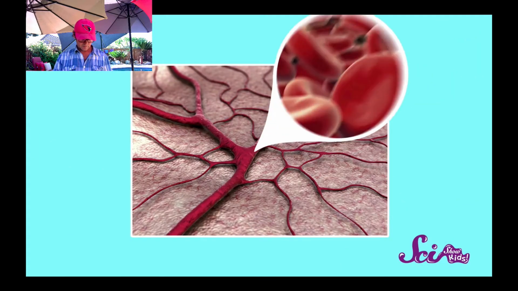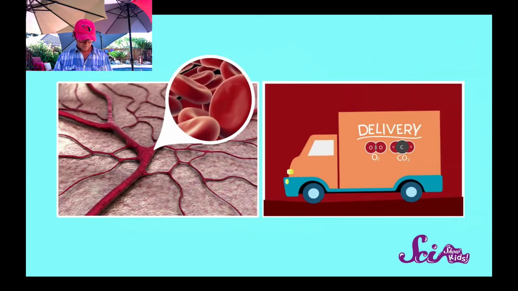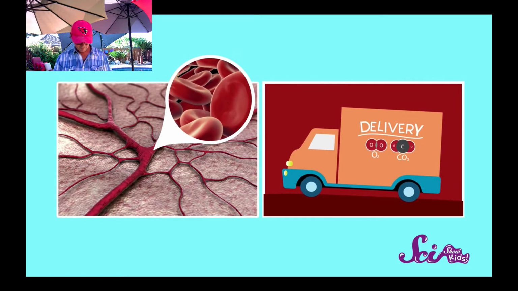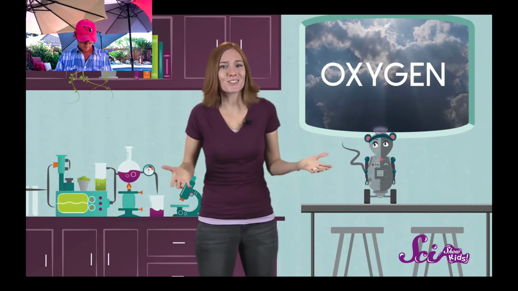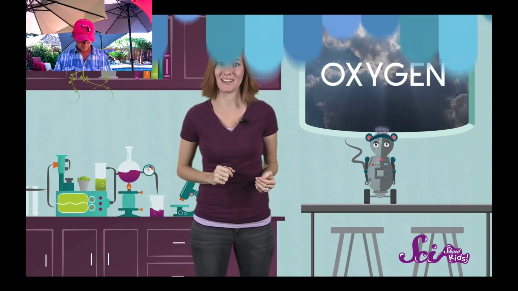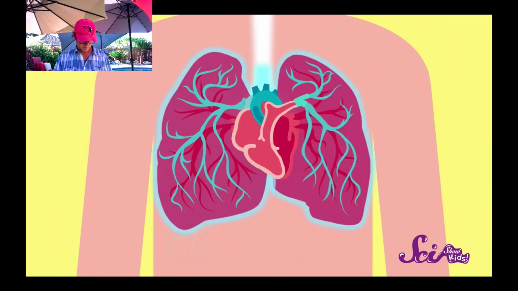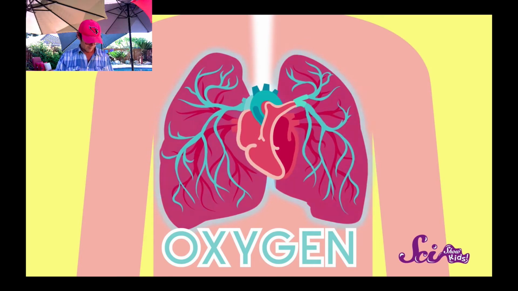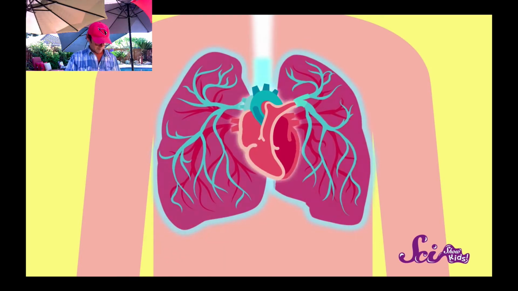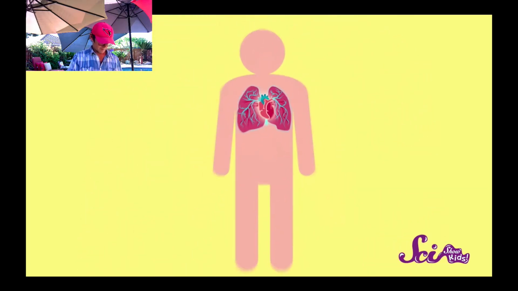Well, you can think of your blood as working kind of like a delivery truck. It carries lots of what your body needs in order to keep going, especially oxygen. You've probably heard of it before. Oxygen is the gas in the air that people and a lot of other animals need to live. When you breathe in, you're bringing oxygen into your lungs, and your blood is there to soak up all that oxygen and, with the help of your heart, send it all over your body, to your head and to your feet and everywhere in between.